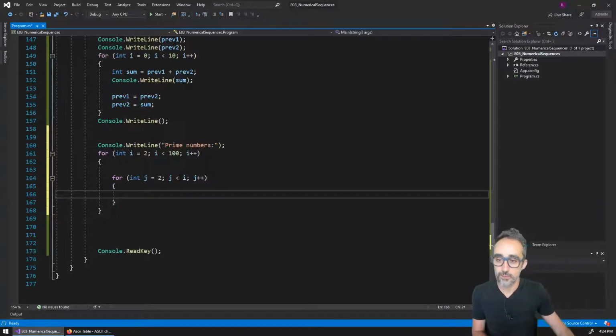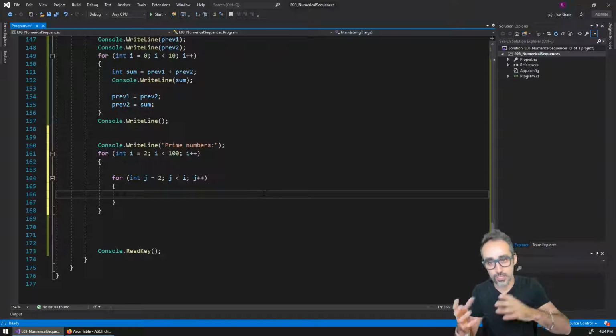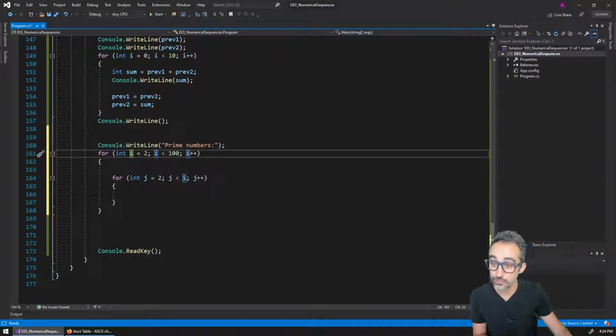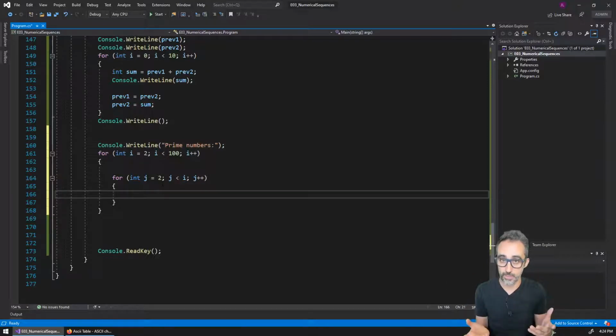Now, what I'm going to try to check here is dividing i over j and seeing if the remainder of that operation is a whole number, a number with no decimal part, all right? So I could actually try to do the real division. I could cast i and j to doubles, make that division and see if the decimal part is perfectly 0. But that is a little complicated, and since these two numbers are already integers, there's actually a better way of doing that. The better way is that I can say if i modulo j equals 0,